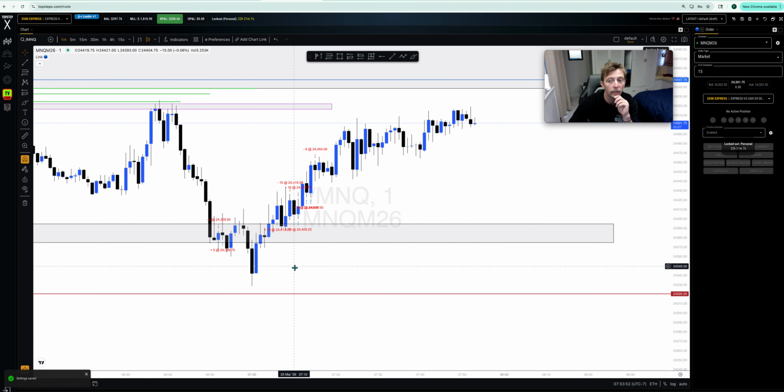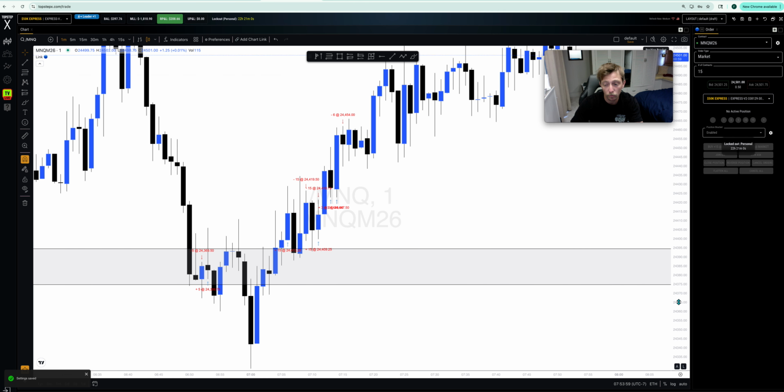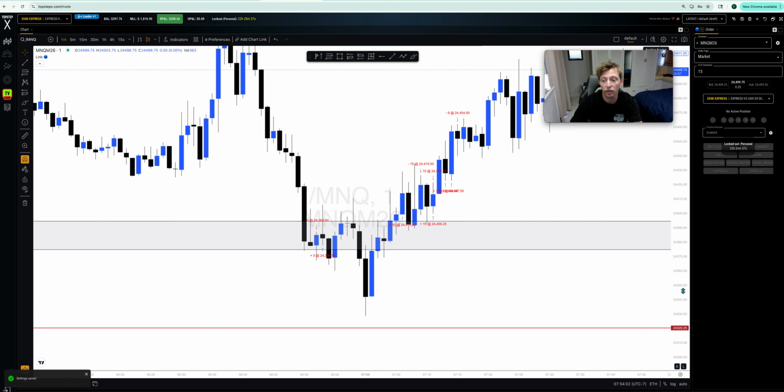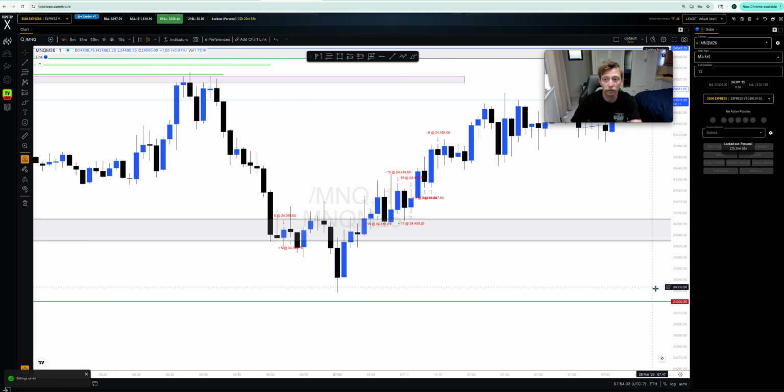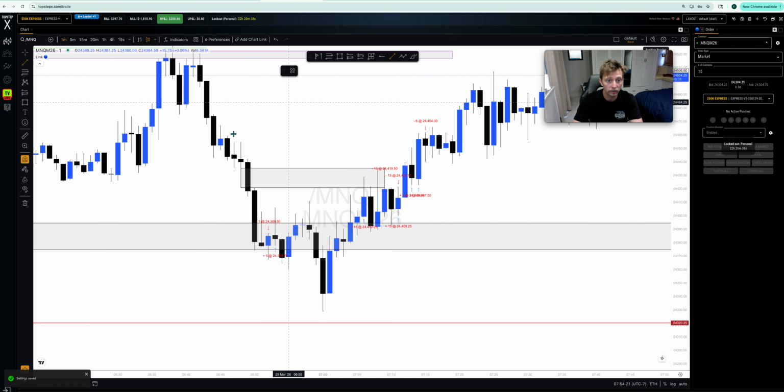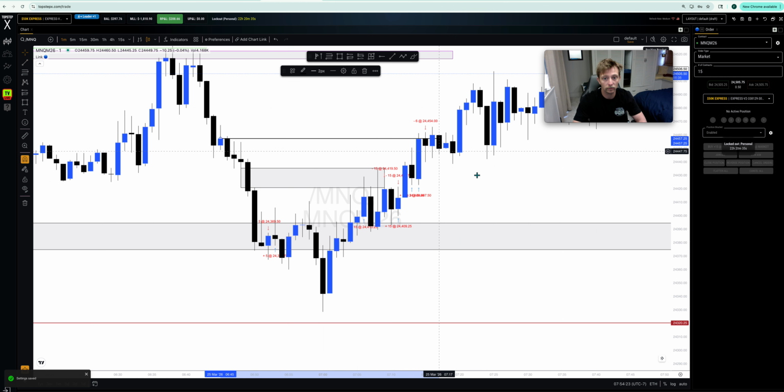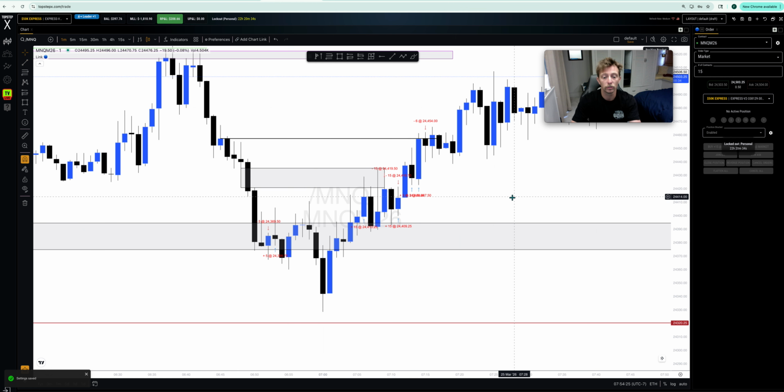So what I ended up doing was I took a long with 15 contracts. I don't really like sizing up after a loss because it puts my accounts in more red if I lose, but I was willing to take the inverse long into either this gap or the relative highs right here. And so the trade I took was